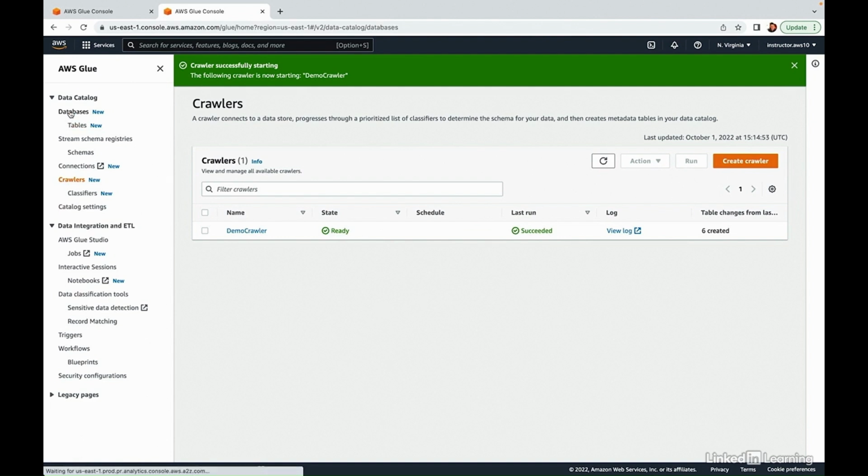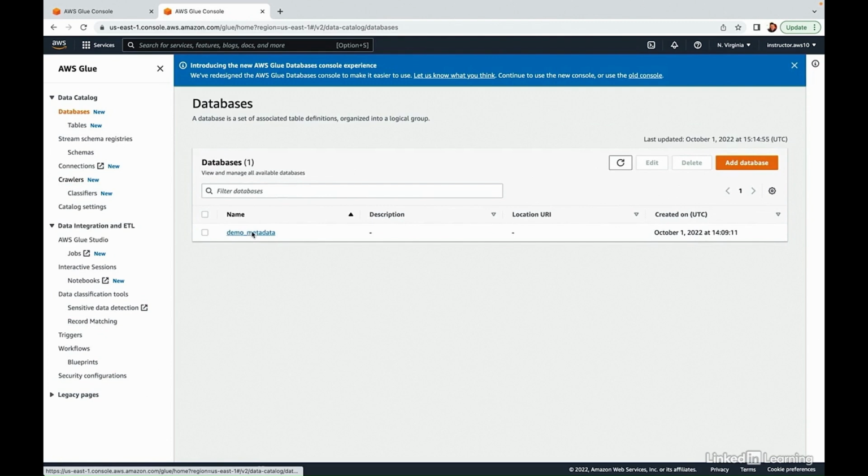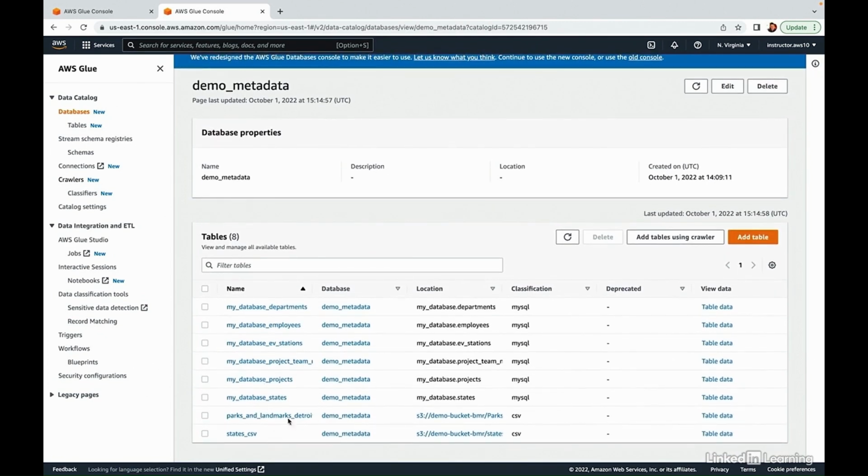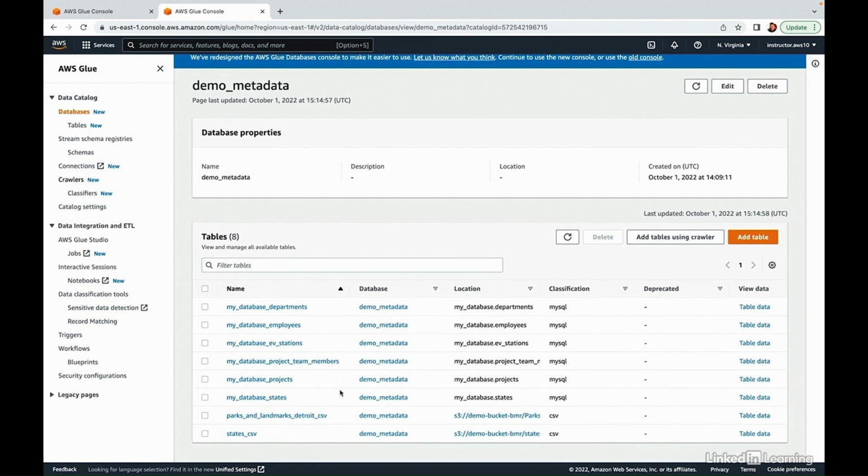So let's click over to Databases, into Demo Metadata, and now we see we have more tables than before. In addition to the 2 CSV files from S3, we have several records of database tables from